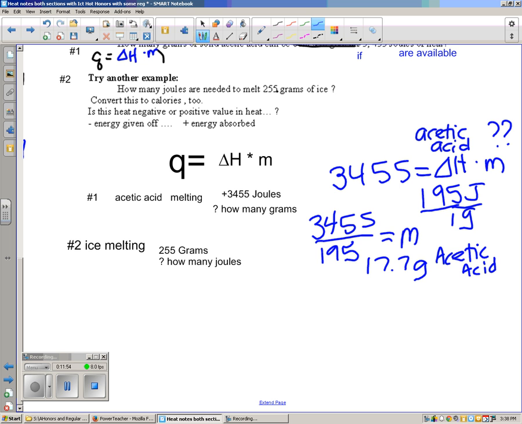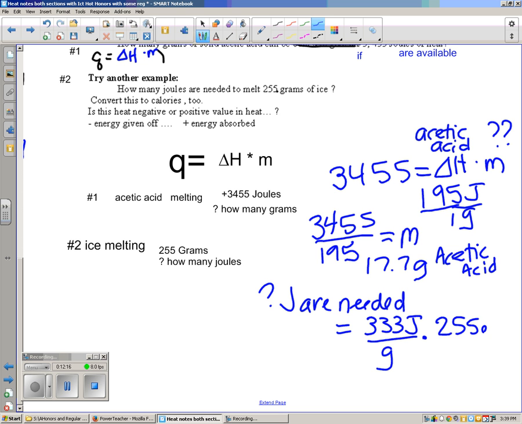And then if we did the water example, how many joules are needed will equal the constant for water, which is 333 joules per gram. We're just going to take that and multiply it by the 255 grams. So we take 255 times the 333, and we're going to get